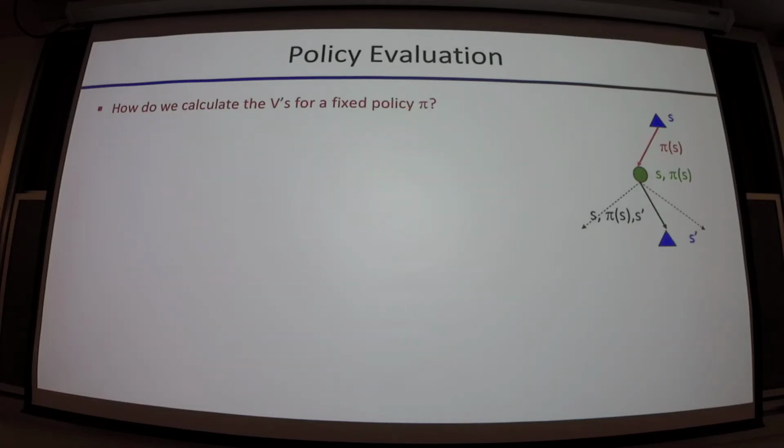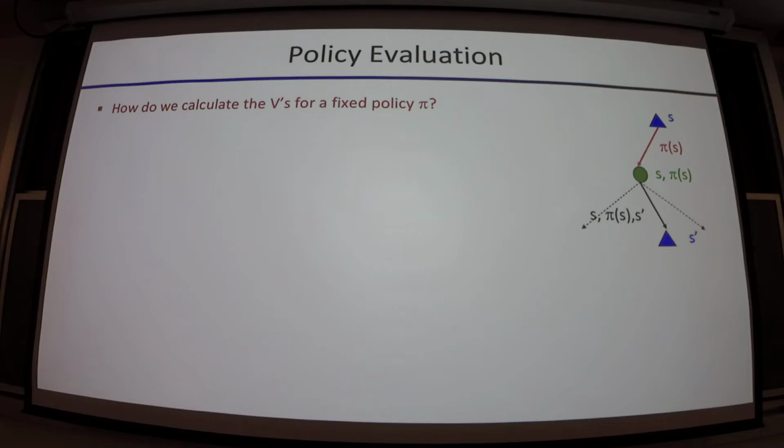Okay, and so that is where we stopped. So now we have this notion of policy evaluation. We're going to take that weak point for value iteration, and we're going to look at how we can improve it. All right, so we'll start with this question though. Given that somebody hands us a policy pi, how do we compute the values for the states in this state space given that policy?